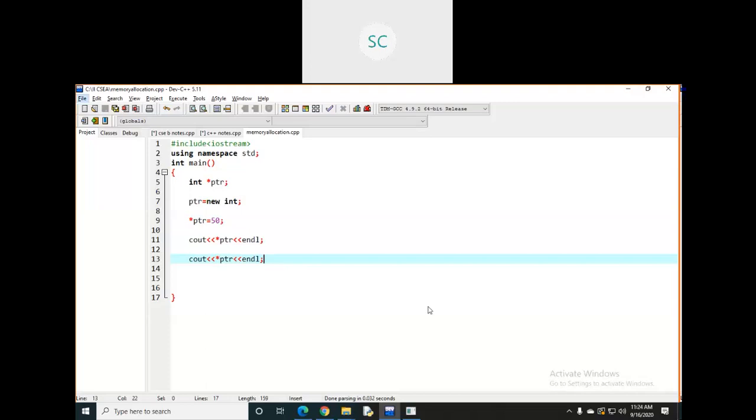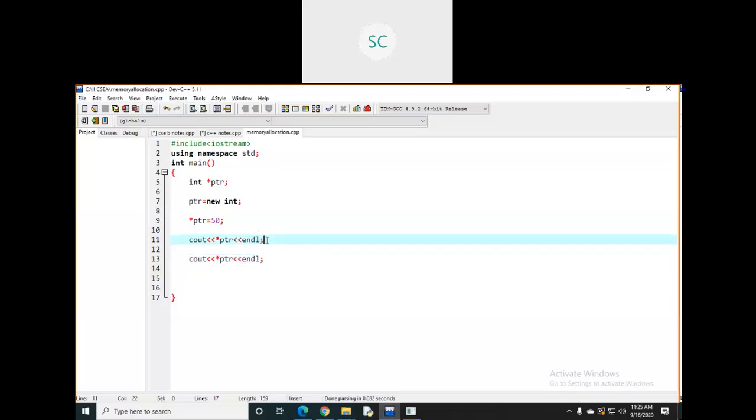That can be done by using the delete keyword. By using the delete operator, you can delete the memory you have allocated for that pointer. Whatever memory you have allocated for your program, you can deallocate by using the delete operator. Let's see how you can delete that.